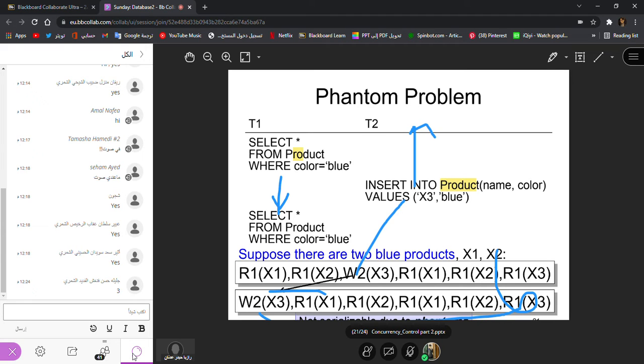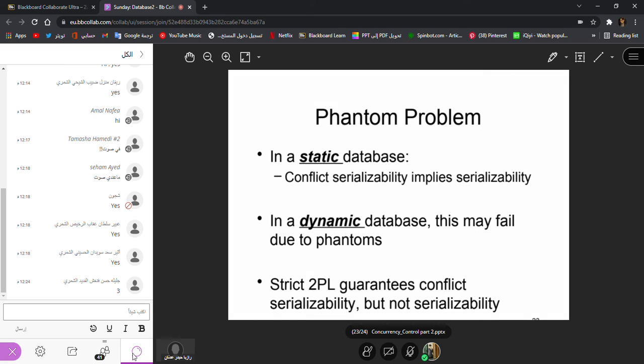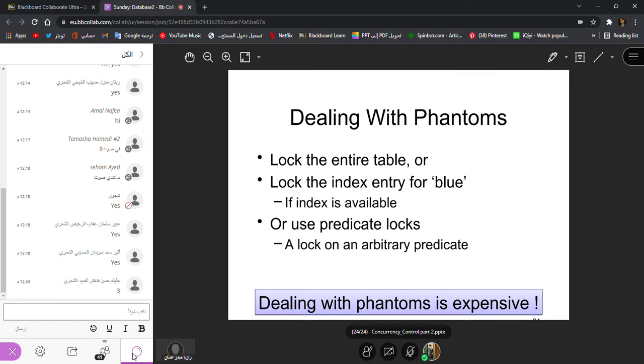So when T1 finishes whatever it wants to do with the product table, it will release the lock, and then T2 can work with the product table. So before, we were applying the locks on variables like name and colors in static databases. But in dynamic databases, we will lock the whole table. So nobody can change anything.